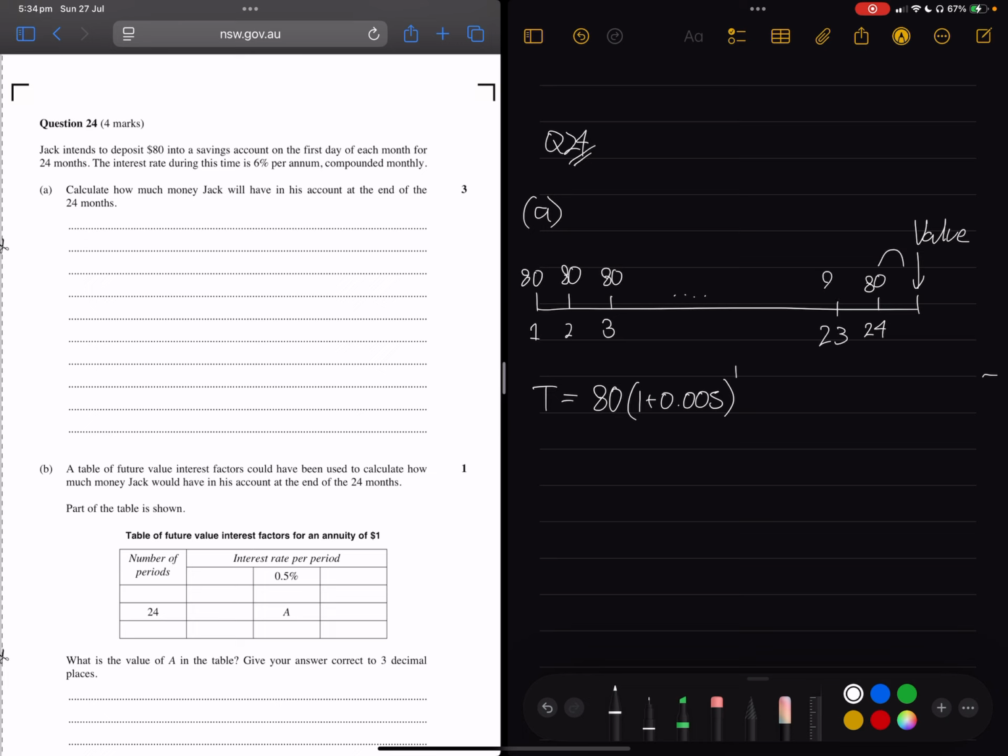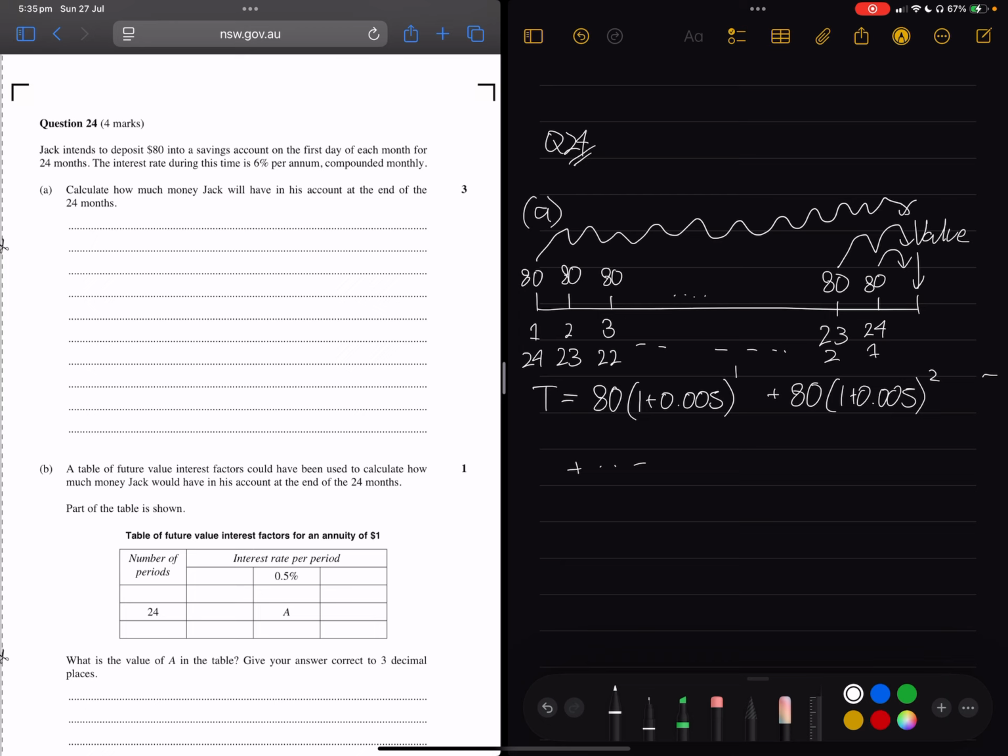Now the 23rd payment gets to compound twice. So then we have 80 times 1 plus 0.005 to the 2, plus, and so on. If we count all of these backwards, 24 is 1, 23 is 2, all the way down. 1 should be 24, 2 should be 23, and 3 should be 22. So the highest power term is going to be 24. It's the first 80 that compounded 24 times, in fact. So the last term is 80 times 1 plus